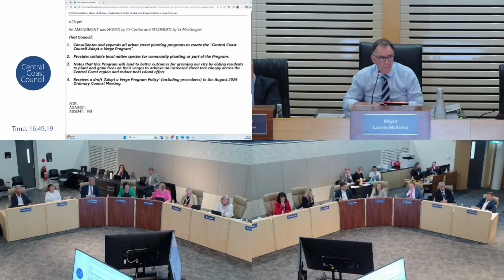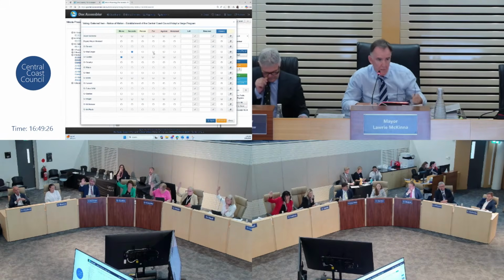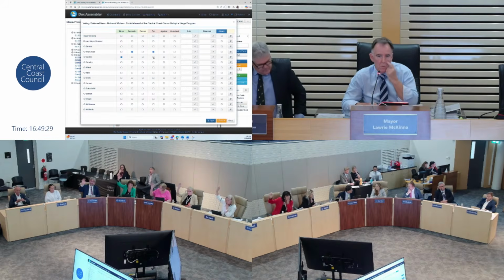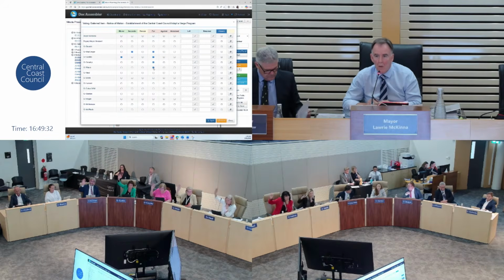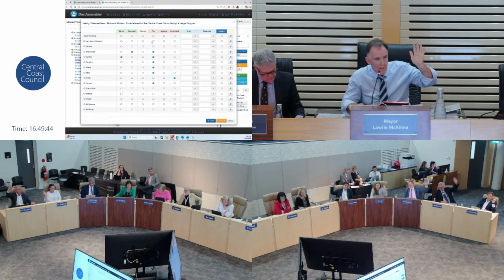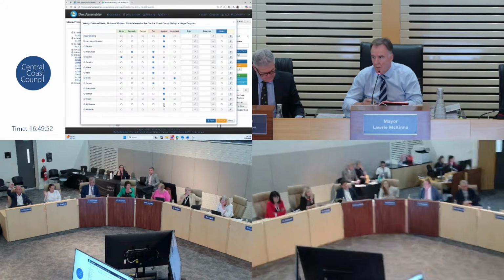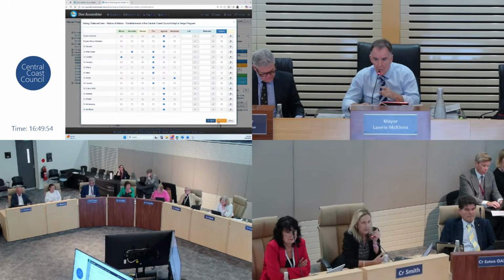All right, so on the amendment, which was moved by Councillor Castles and Councillor McGregor, all those in favour? Councillor McGregor, Councillor Castles, Councillor Crowley, Councillor Walsh, Councillor Neal, Councillor Lamont, Councillor Smith. You're abstaining? Yes, Councillor Smith is abstaining on that one. All those against the amendment? Councillor McKenna, Councillor Mullen, Councillor Daniels, Councillor Eaton, Councillor Stanton, Councillor Wright, Councillor McNamara, Councillor McQuaid. The amendment is lost.